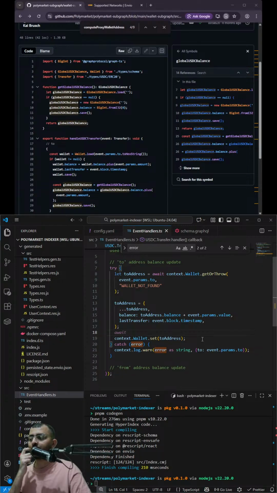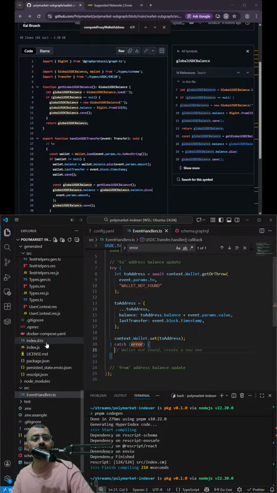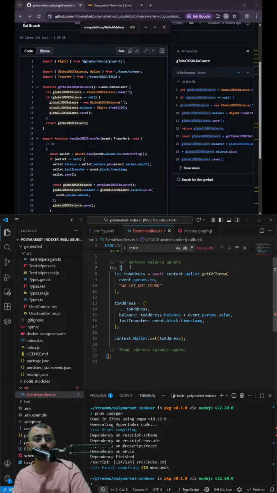There will be a lot of warn events if you are indexing the whole USDC contract and you only want addresses that are... yeah, there is no reason to have this. I guess there is also no reason to use try catch. Then